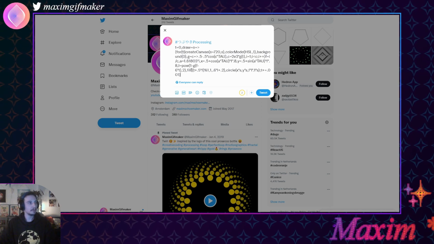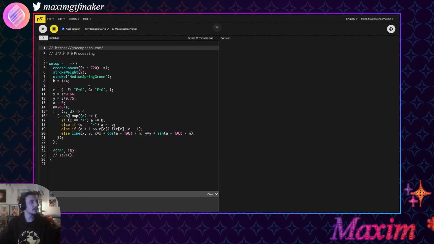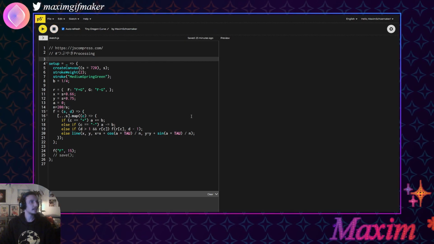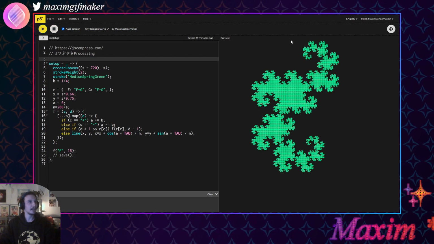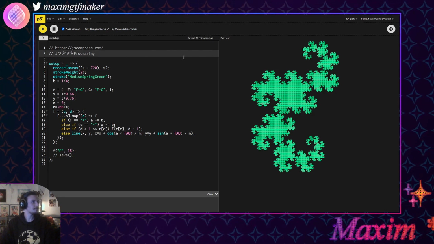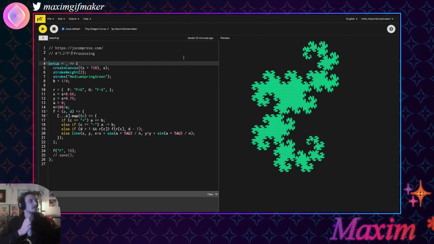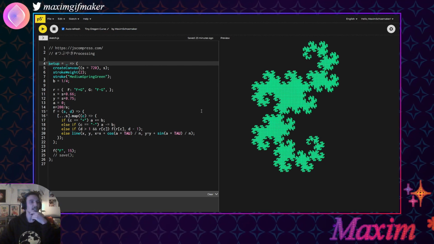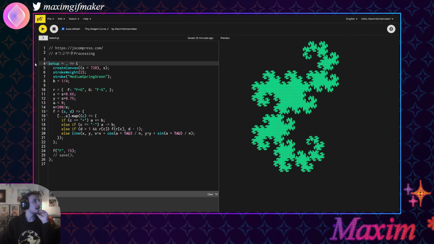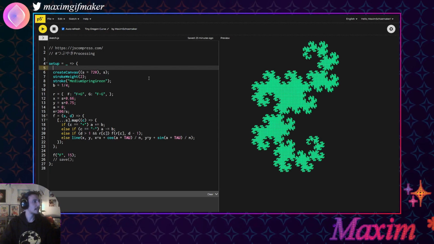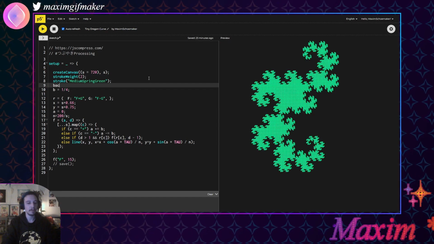Now, how do you actually make your code this small? There's a couple of things happening here. Alright, so this is one of the ones I made. First of all, with this one, as you can see, it's just a still, it's not animated, and so where you might usually set like a background, for example,